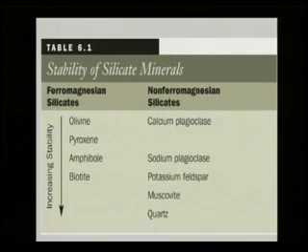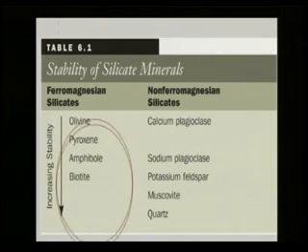If we look at the stability of silicate minerals, we see that olivine is the most unstable at the Earth's surface, followed by pyroxene, amphibole, and biotite. In other words, olivine is most readily weathered, and biotite in that group is more stable at the Earth's surface. Now, why does this order look familiar? Olivine, pyroxene, amphibole, and biotite. Well,